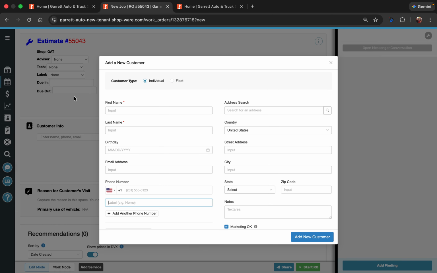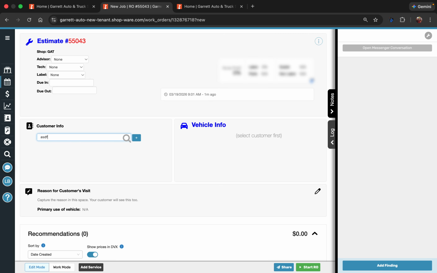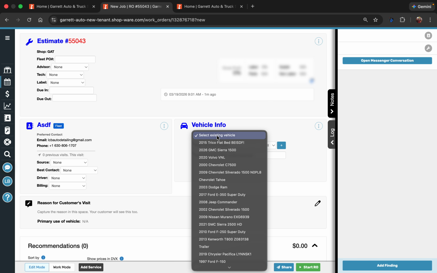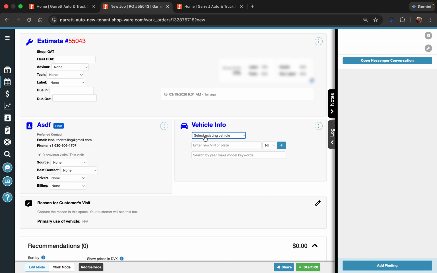So once you have all of the information in the customer info right here, we're just going to be using this as an example. Then you select on the customer, and over here you see it pops up with vehicle info. You can select pre-existing vehicles that you have serviced. So when you enter a VIN under a company one time, it will show up on the customer's profile under their vehicles. Then you're going to either enter their VIN or their license plate number,